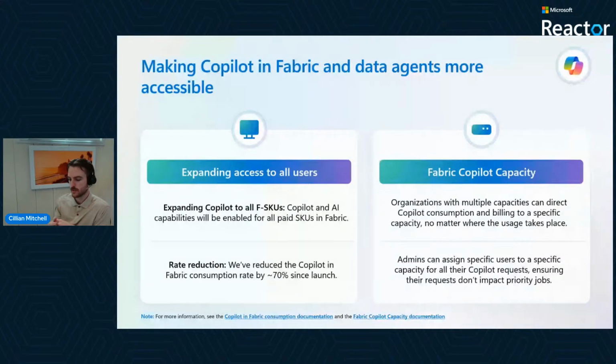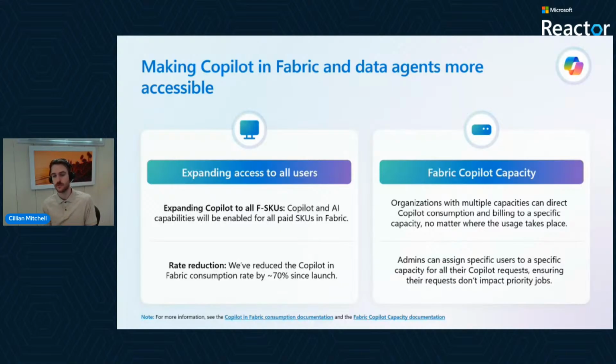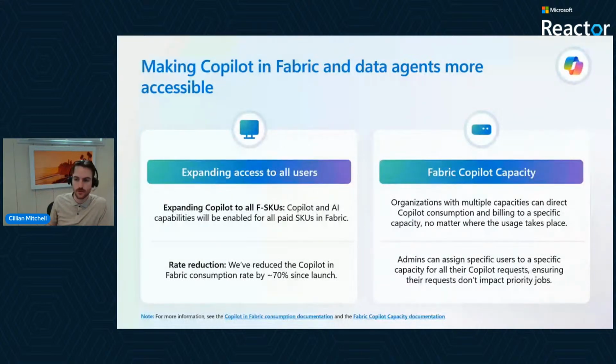So if you've tested Copilot and Fabric in the past and you were concerned about those high usage rates, I would highly encourage you to just test it again, because those consumption rates have gone down about 70%. And that's part of the reason that we decided to also expand Copilot to all of the SKUs. So it's no longer at that F-64 limit anymore. You can now run Copilot on your F2, your F4, your F8,